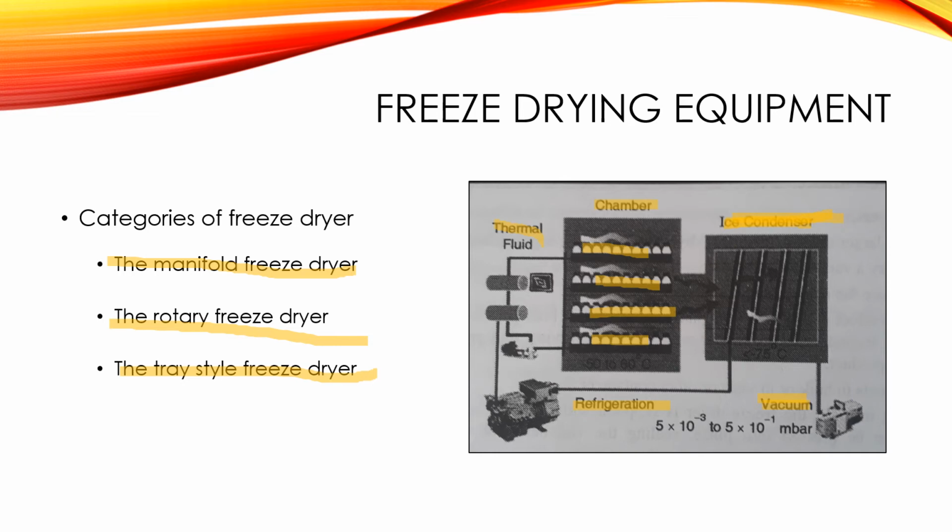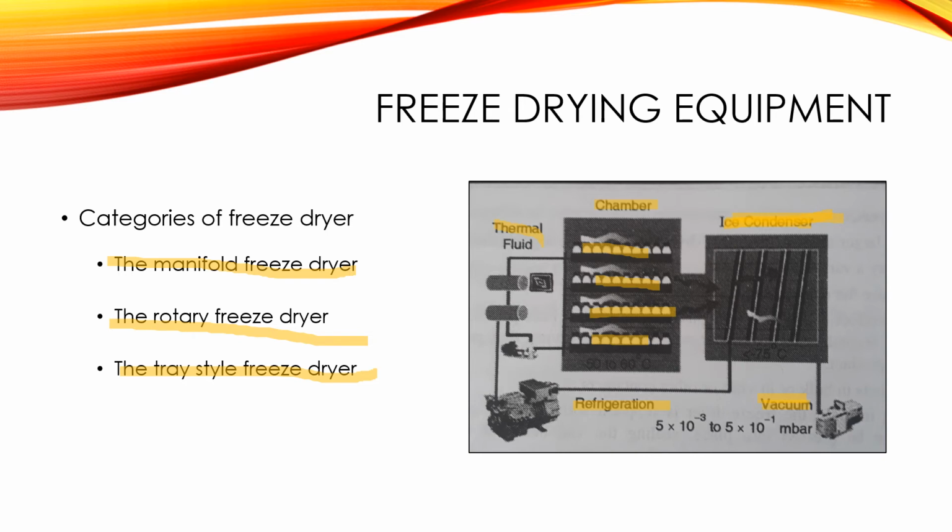The rotary and tray freeze dryers have a single large reservoir for the dry substances, but manifold freeze dryers are usually used in the laboratory setting when drying liquid substances in small containers, and when the product will be used in a short period of time. So in those cases the manifold freeze dryer will be a suitable dryer for the formation of this product.